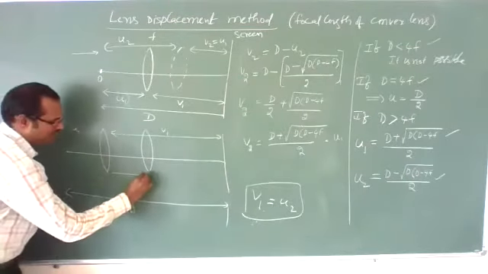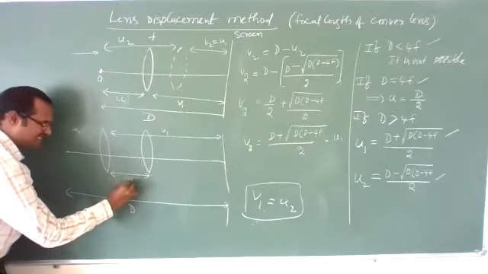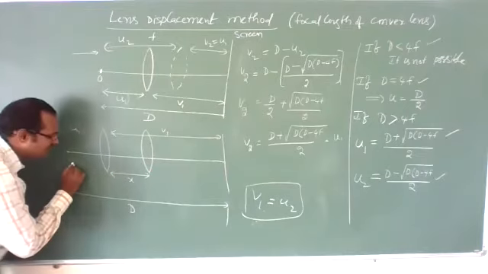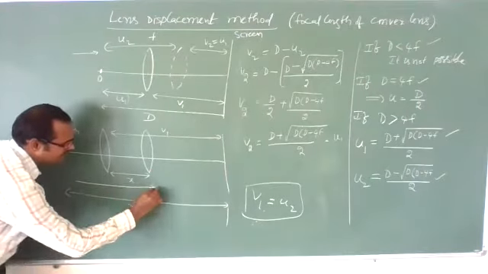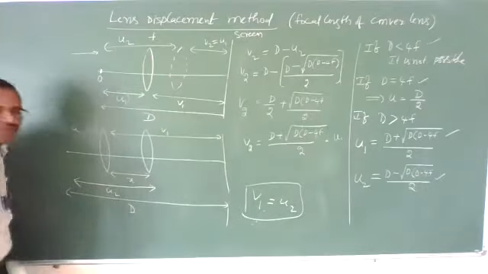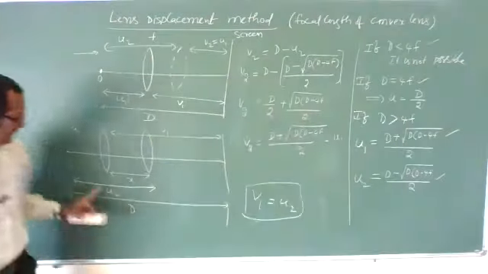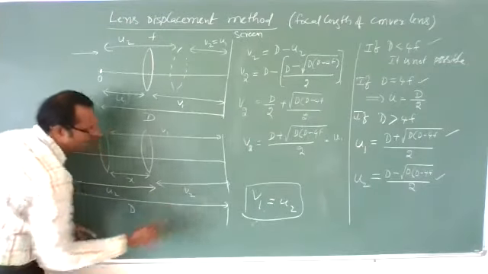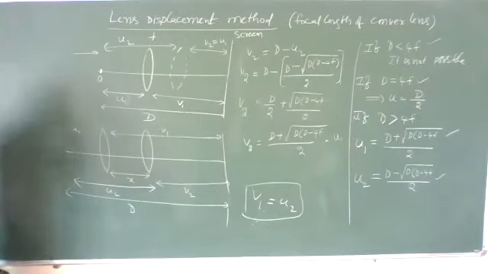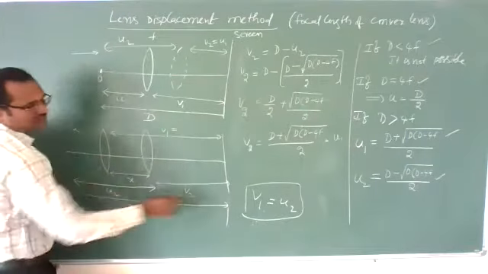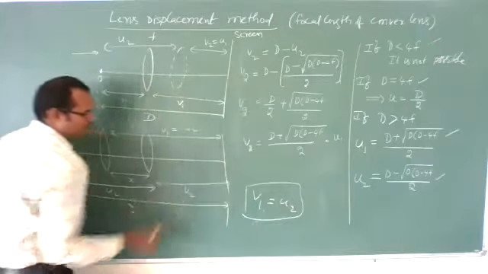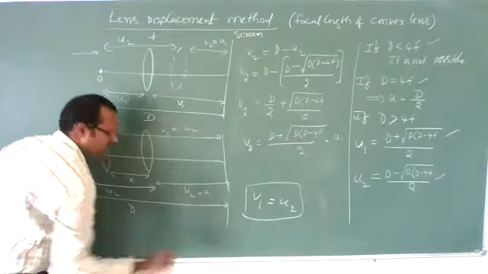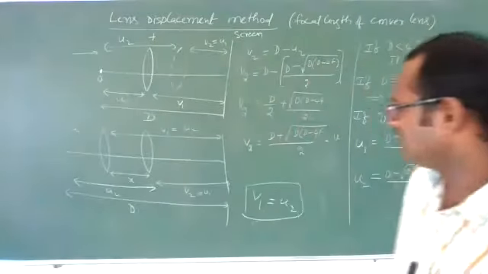By some small distance, let us say x distance, I am moving. Now your object distance will become u2. Let us say this is the object distance u2. Then where will the image form? The image will form at a distance of v2. Correct? Yes. What is v1 we have got from this? It is nothing but u2. And what is v2 we have got? It is nothing but u1.